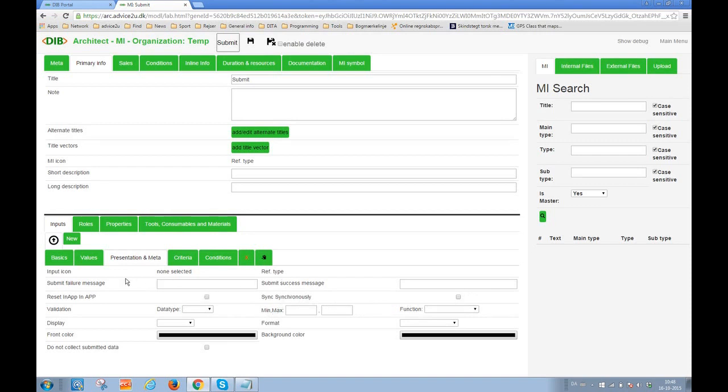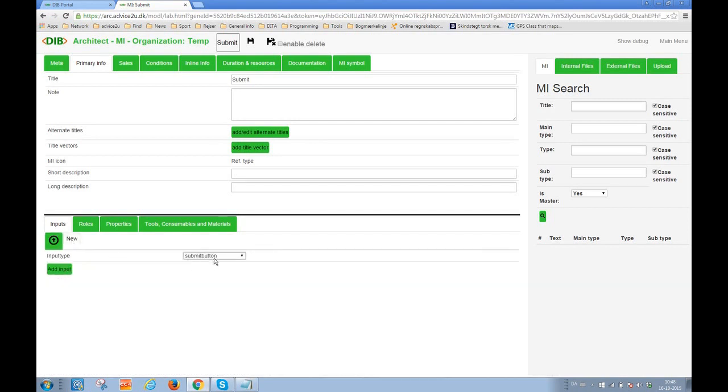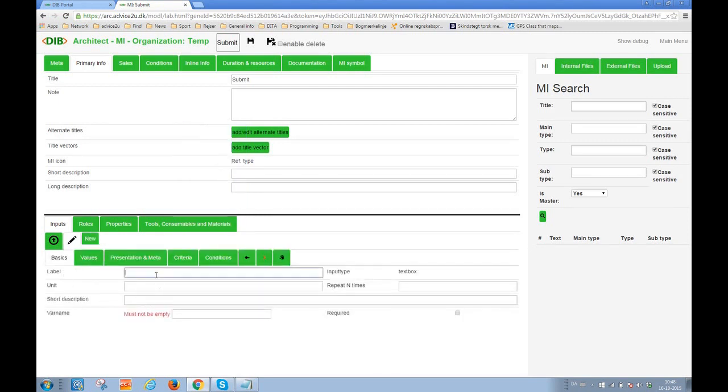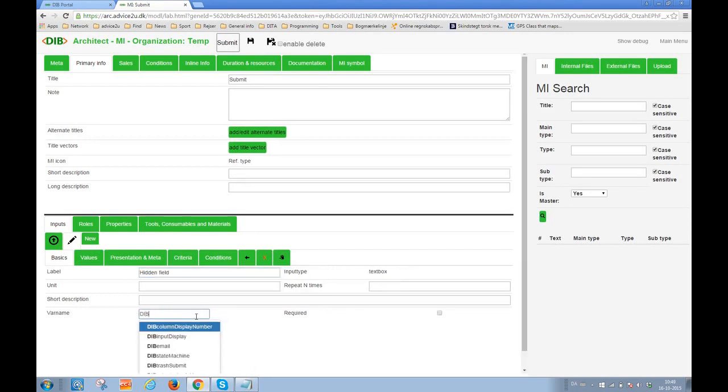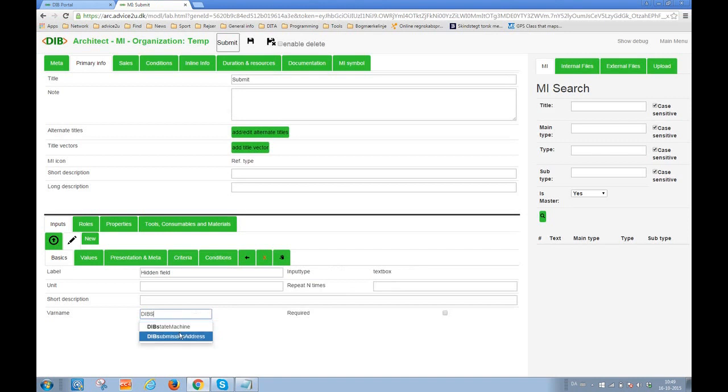verify that all my settings for submission are actually completed. I create a text box. The reason why I create a text box is because I want the server to produce a PDF file as well as a CSV file of the data which has been collected when the user submits data. In this case it's actually a hidden field, and the name of this one has to be very specific, and it will come up with a suggestion so I don't type a wrong name.